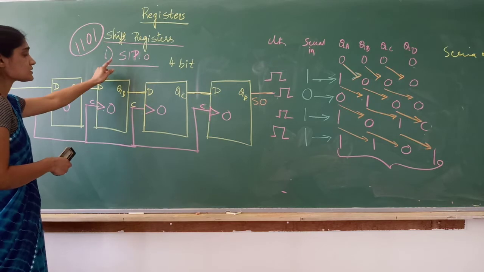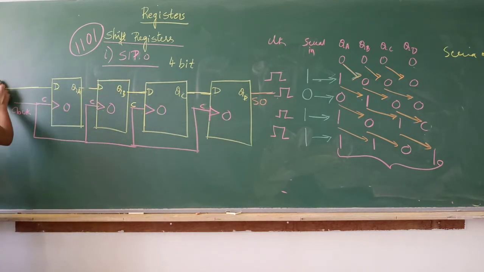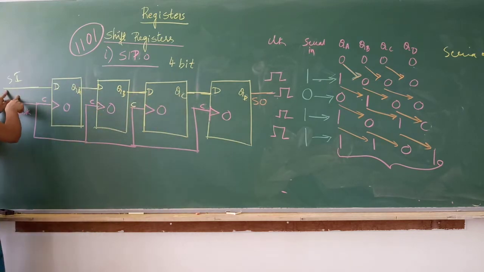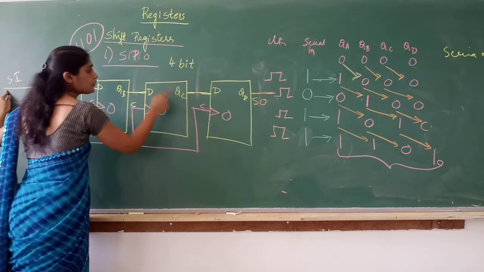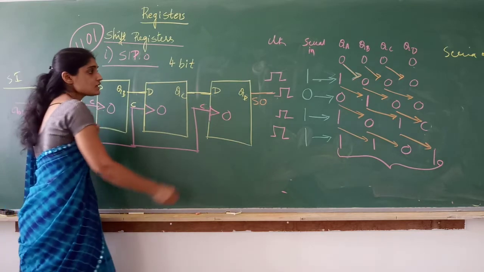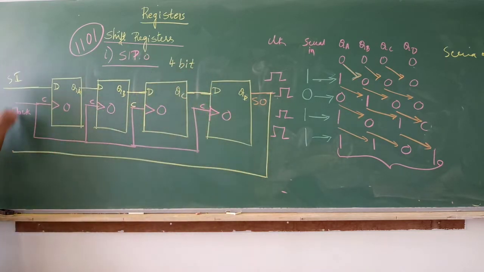So is it serial in, serial out, serial in, parallel out? This is. So serial in, you are going to give only one input. This is serial in and serial out. Serial in, parallel out, you are going to give serially input, but you are going to take the output parallelly. We have one more, that is circular register. Circular register, usually you are going to connect the output as input here.